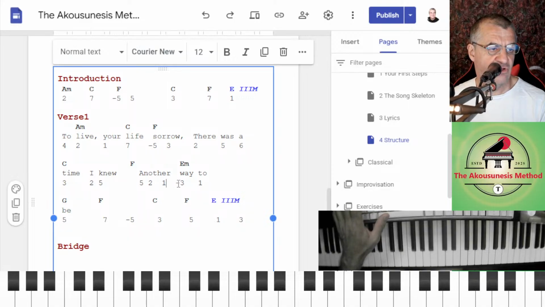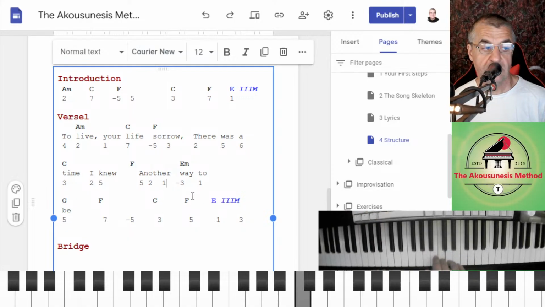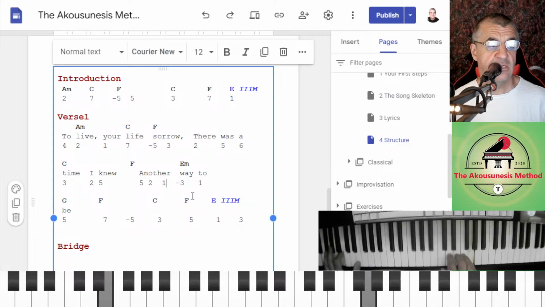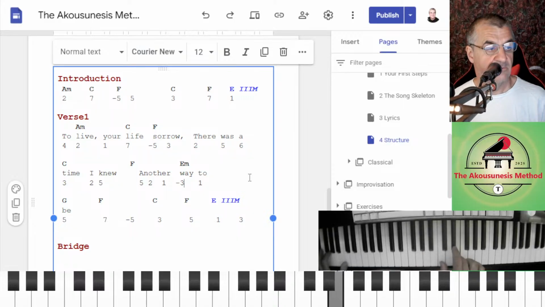Another. So the low 5. Another way to be. So, but then it's not joining here very nicely if I choose that. So let's try that again. I knew.